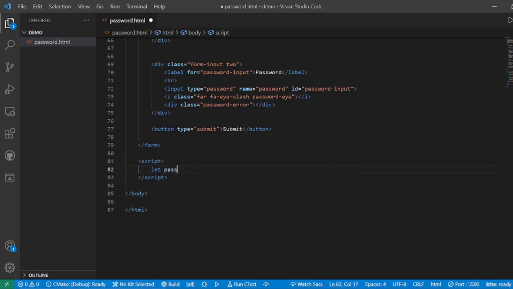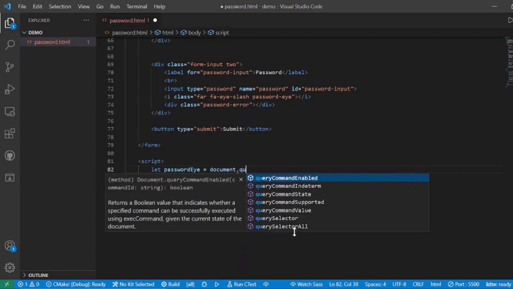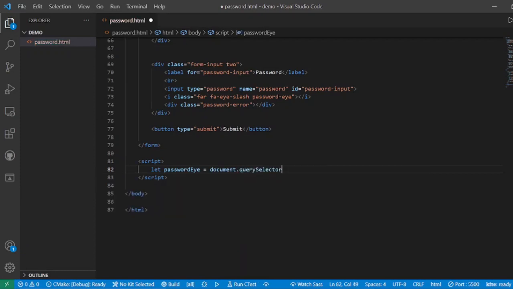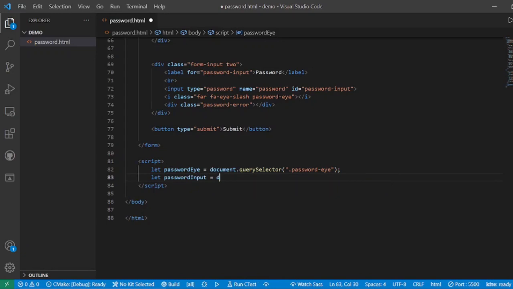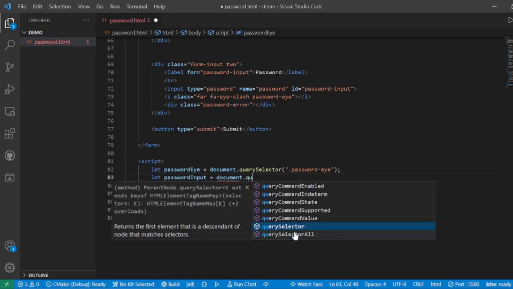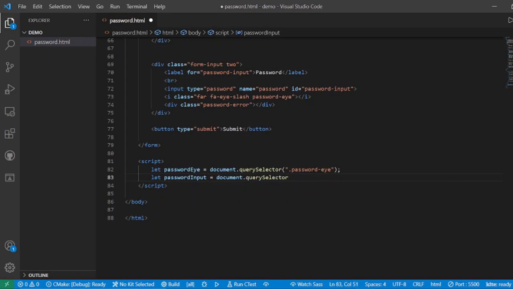So let password I is equal to document dot query selector, and here we have password I, and similarly let password input is document dot query selector, so our field and the class would be captured through it.